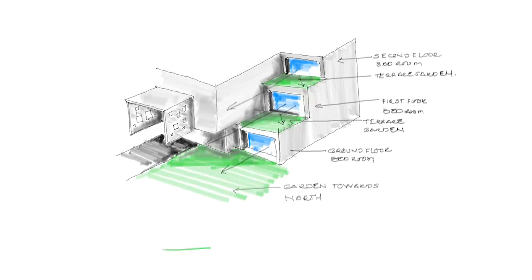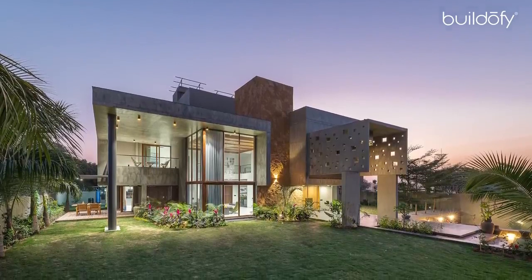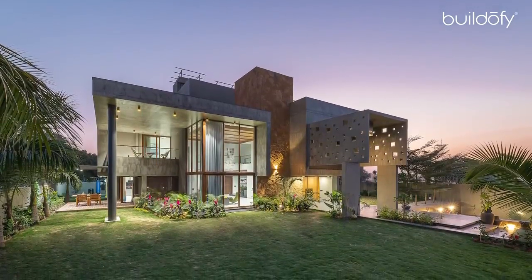The architecture was developed as a series of offset and stacked volumes to create a stepped form. The architectural form explores the idea of sheltered balconies, overhangs, and spaces under spaces to allow each room to face the front, the north garden, as a response to the region's hot and dry climate.